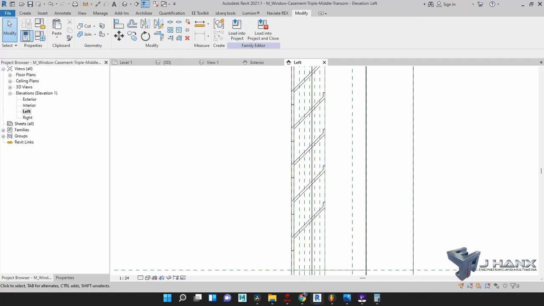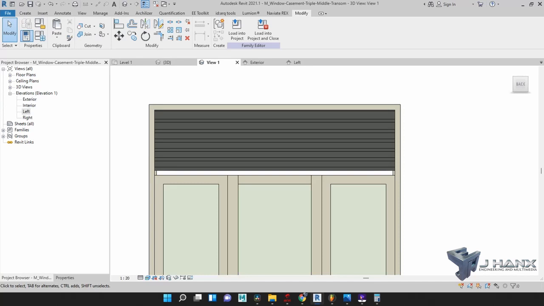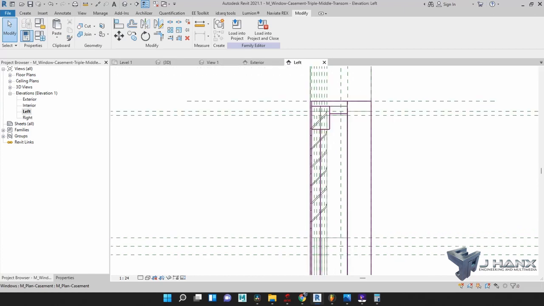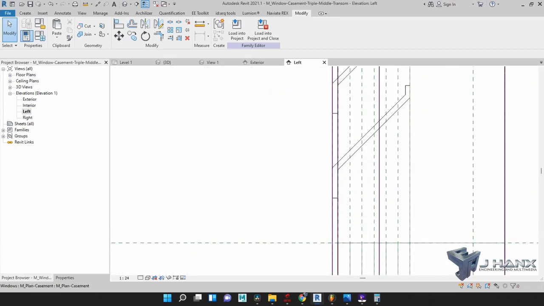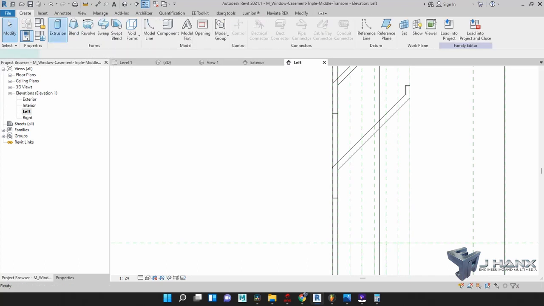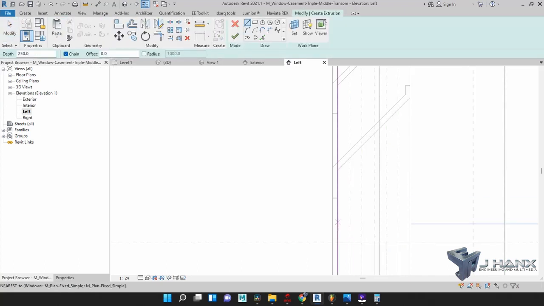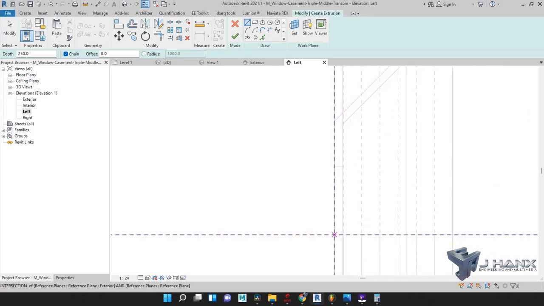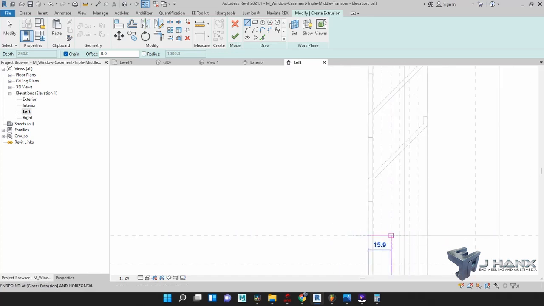So what we shall do, when you go back to this view, we shall just add a framing that will hold this part to this part. Now to do that, we'll go to the left view again, and simply we'll create an extrusion. Create extrusion, and we shall draw an extrusion from here to here, to here. All right,